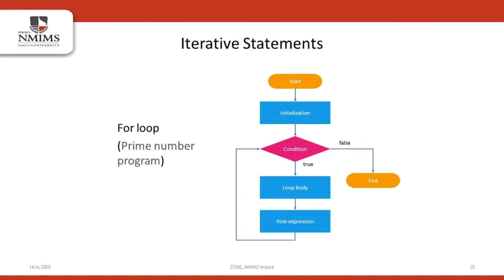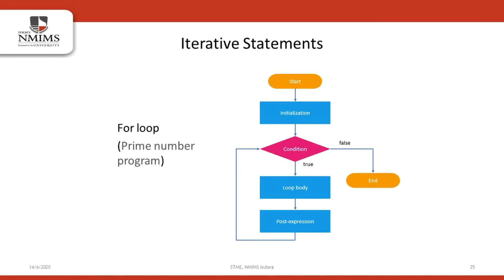Now, there are 4 basic loops in Java: the for loop, the while loop, the do while loop, and the for each loop. But only the for and while loops are mostly used. The other two, do while and for each loop, are just as important as for and while loop. Here, we'll just cover the for loop, and it is the most important one. We'll understand the for loop using the prime number program. A prime number is a number having just 2 factors, 1 and the number itself. A factor of a number, when divided into the number itself, gives 0 as a remainder, meaning it is completely divisible by the factors.